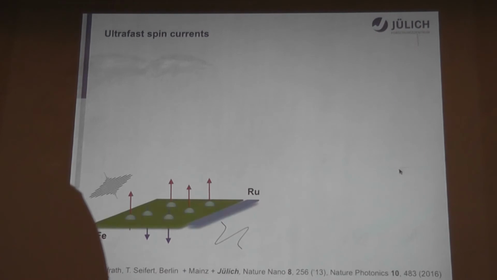Okay, let's take a look at a ferromagnet which is brought in contact with a paramagnetic substrate. Let's say we have iron on ruthenium. What we do, let's be rude to this ferromagnet and shine a femtosecond laser pulse on it. What happens is actually a complete mess, because it is a situation totally out of equilibrium, and we cannot really model at the moment precisely what happens with this ferromagnet. However, our experimental collaborators, in particular Tobias Kampfrath's group in Berlin, tell us that they see a very large terahertz radiation which comes from this sample.